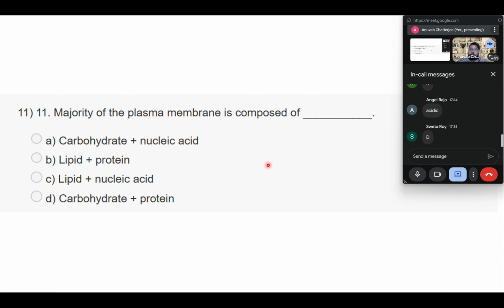Okay, next question. We have 15. We have to go till 15. The majority of the plasma membrane is composed of the following. Option A is carbohydrate and nucleic acid, B lipid and protein, C lipid and nucleic acid, and D carbohydrate and protein. Okay, so we have a lot of B options being done,